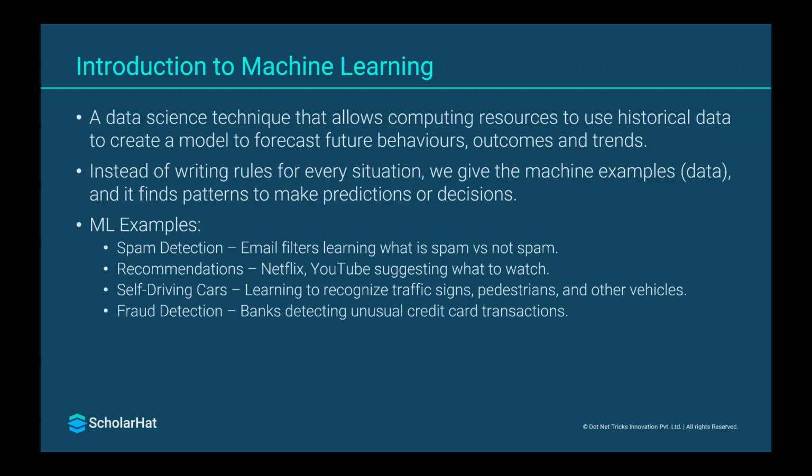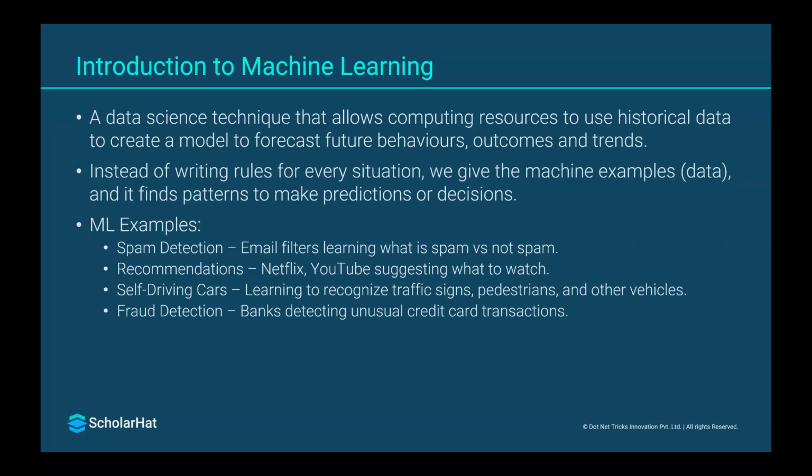learning from the data. Here we are not writing the rules for every situation as we used to do in typical programming. Here we are giving examples. We are giving the data, giving the patterns to the machine, and based upon that, the machine will learn. Based upon that, the machine will predict and take the decision. So this is the way things work.